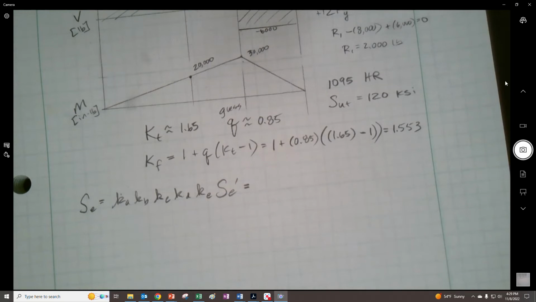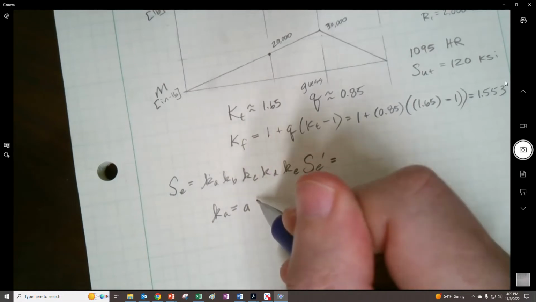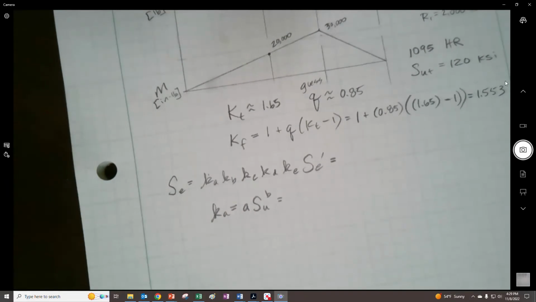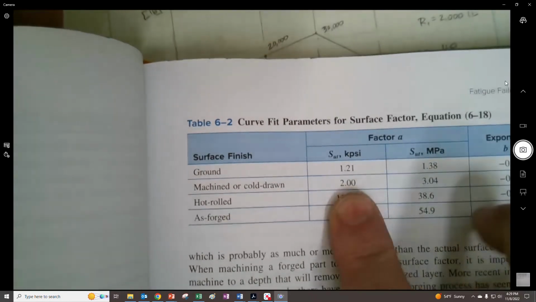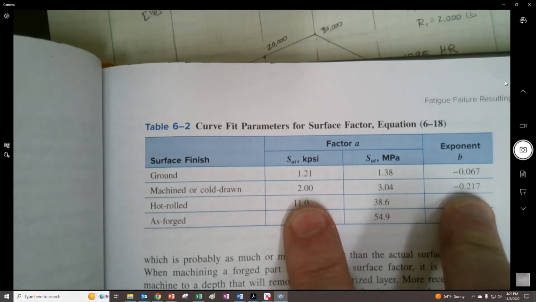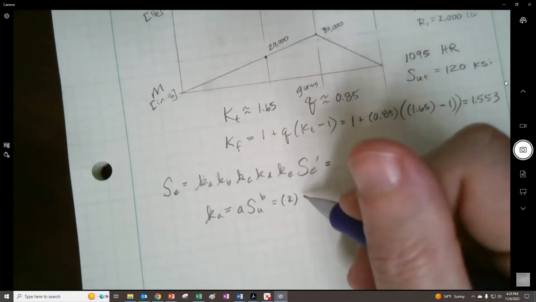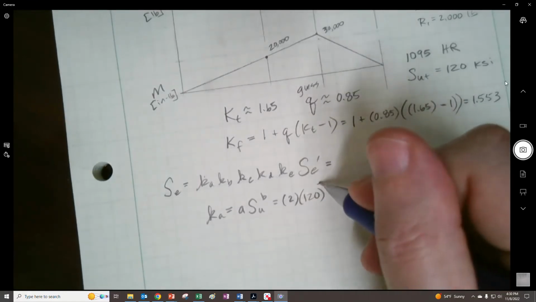For the surface factor, right, so let me write down here, Ka is going to be a times the ultimate strength raised to the b. And this is different in the two different editions that we're using. For machined, we end up having a is equal to 2, and b is equal to negative 0.217. So it's going to be 2 times 120 raised to the negative